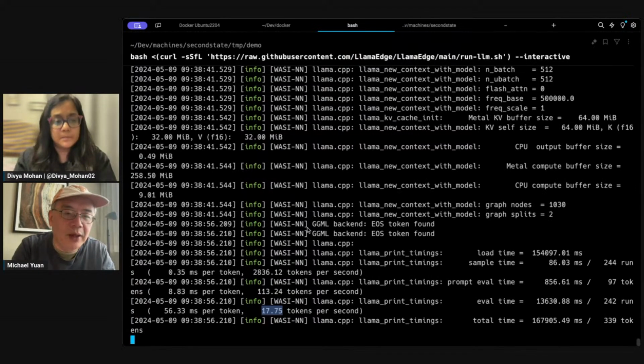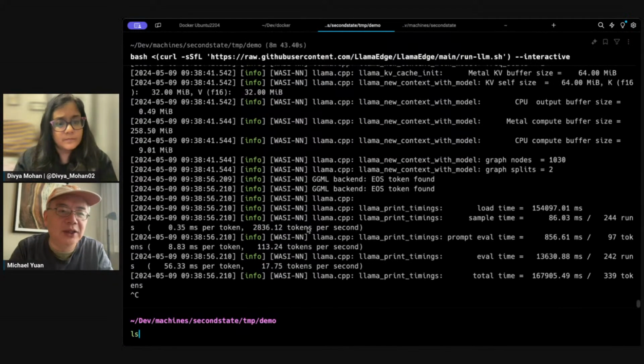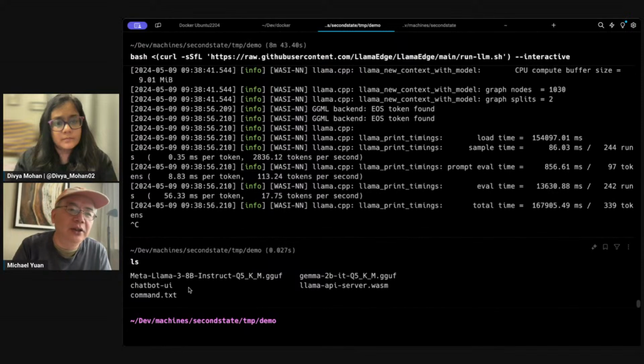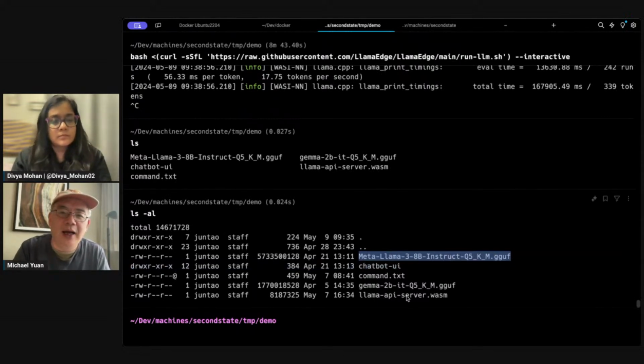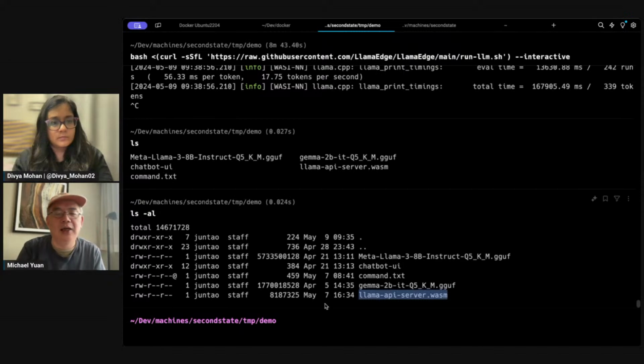So if I exit out of it and see what's actually in this directory, we have the large language model, which is by far the biggest, about 5.7 gigabytes. And this is the whole application, the API server application. This one is 8 megabytes. The compiled application with all the debug symbols, which we have not really optimized for size, is 8 megabytes,